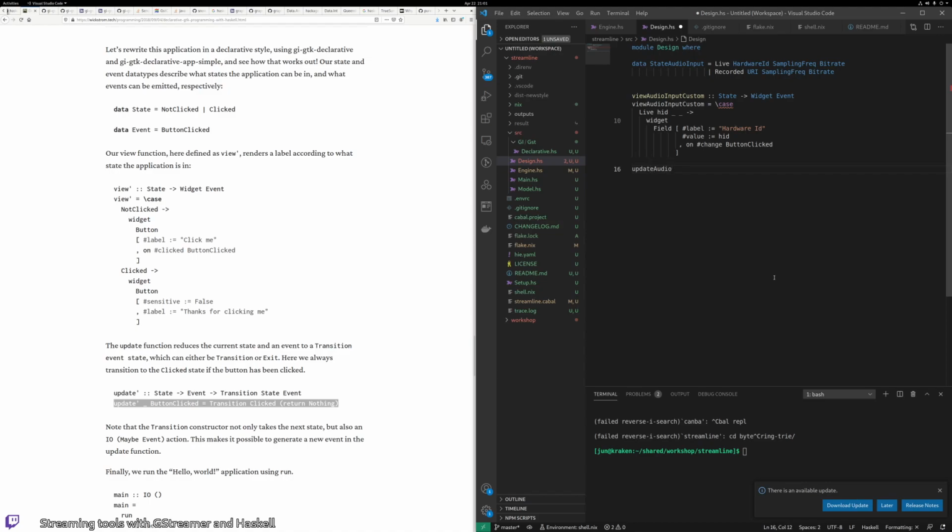Update audio input custom would be something from state and event to whatever. Let's say just state. Such that it would take, well, yeah, boilerplate. Take the HID or something. This has all the same shape here, so I don't know whether we need such,